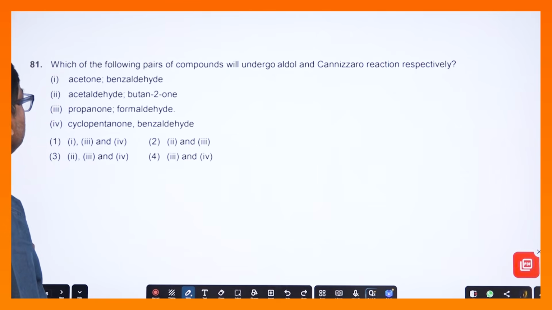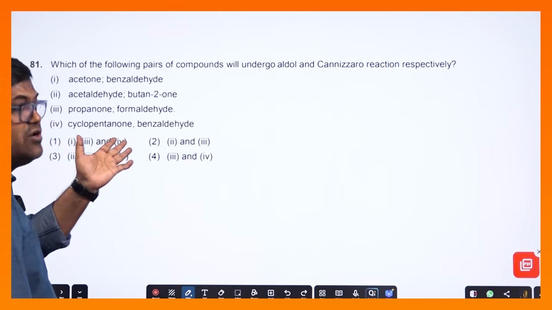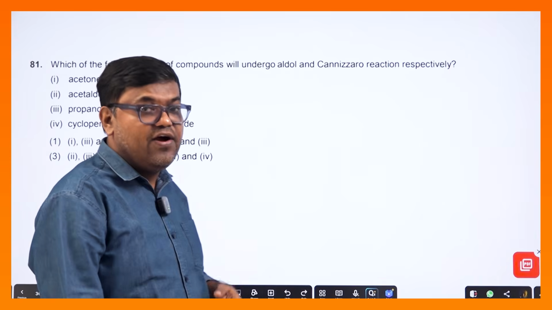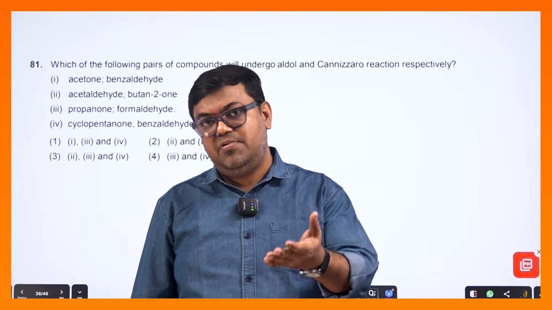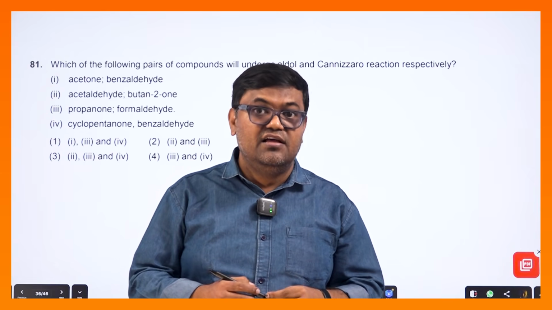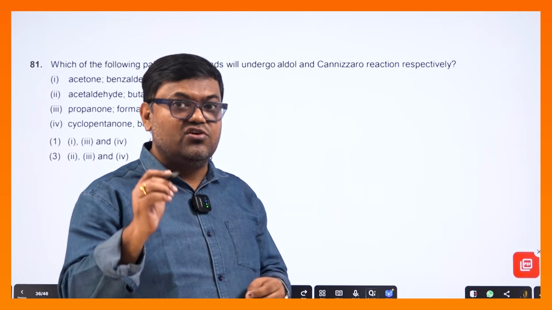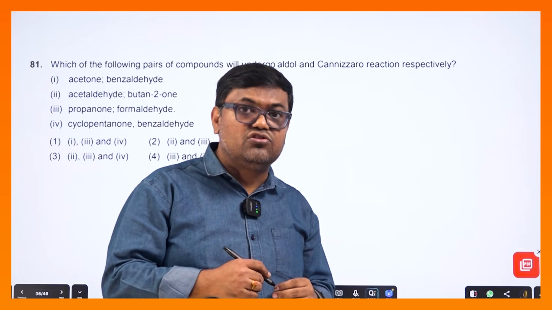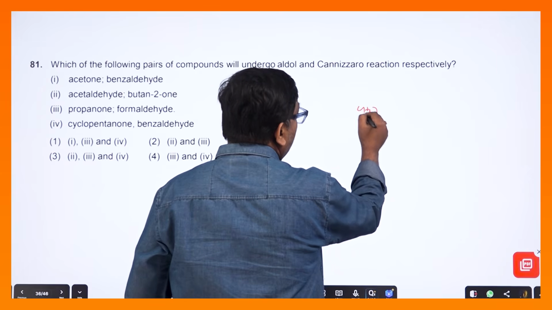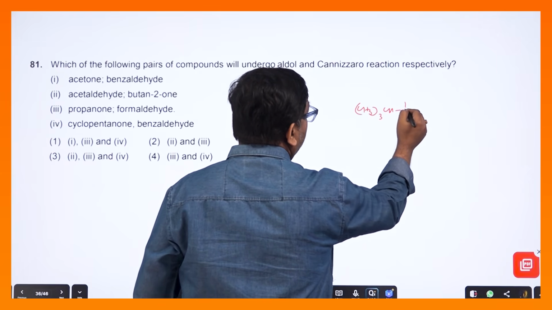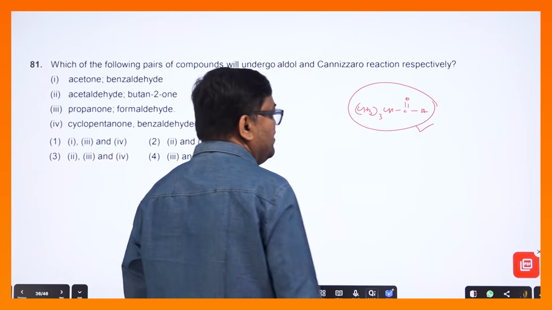36, which of the following pair of compounds will undergo aldol and Cannizzaro reaction respectively? প্রথমটা অ্যালডোল দেবে, দ্বিতীয়টা ক্যানিজারো দেবে। অ্যালডোল কারা দেয়, যাদের মধ্যে আলফা হাইড্রোজেন থাকে, কার্বনিল কম্পাউন্ড, অ্যালডিহাইড জেনারেলি। আর ক্যানিজারো কারা দেয়, যাদের মধ্যে আলফা হাইড্রোজেন নেই। ক্লোরাল কিন্তু আলফা হাইড্রোজেন না থাকা সত্ত্বেও ক্যানিজারো দেয় না, খুব ইম্পর্টেন্ট। আরেকটা ভেরি ইম্পর্টেন্ট কম্পাউন্ড CH3-CH=C-OH, এই কম্পাউন্ডটাও ক্যানিজারো রিঅ্যাকশনে পার্ট নেয়, ঠিক আছে।